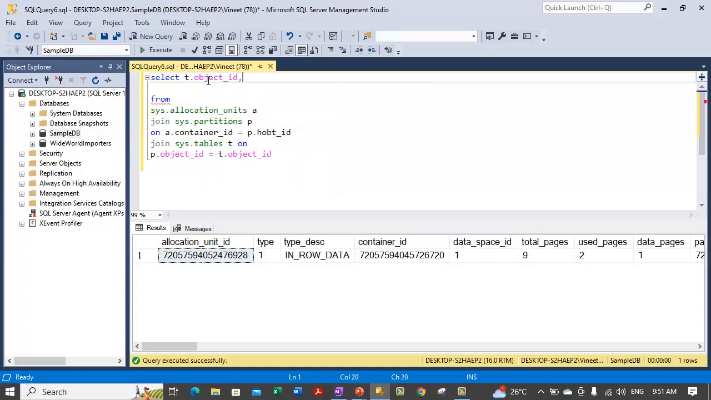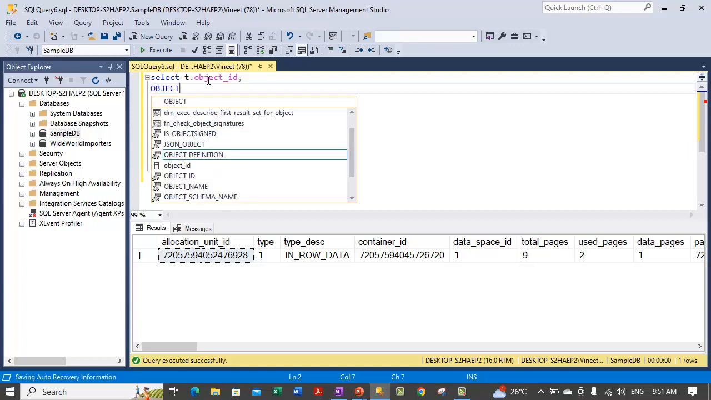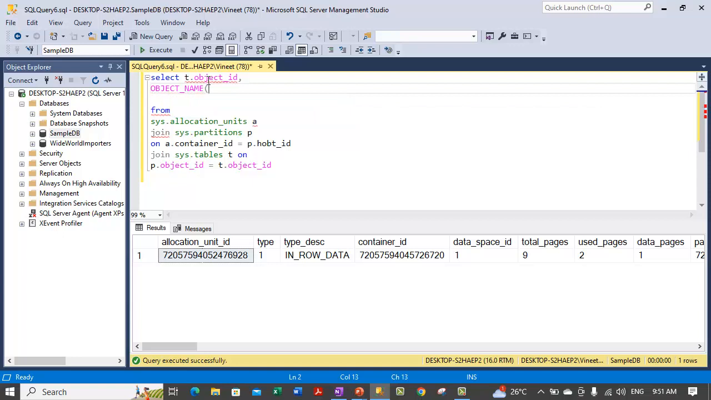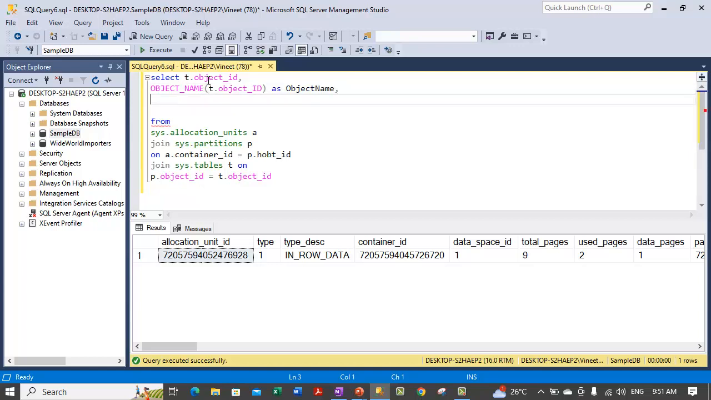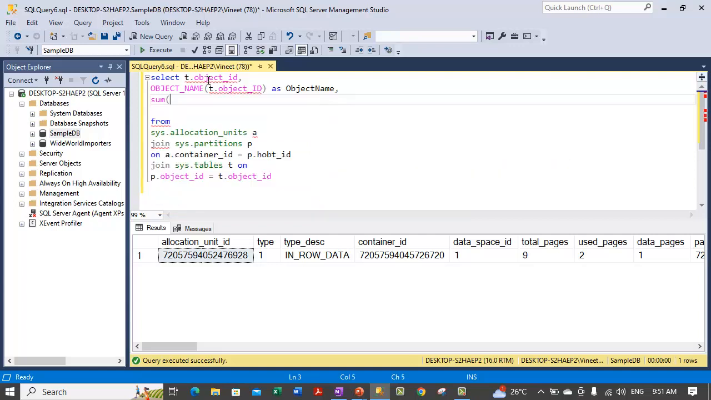We're taking this as the first column. Then we are using the OBJECT_NAME function, and we are passing in the t.object_id to get the name of that particular object. We are taking it as object name. Then we are doing some maths here, and we are taking the sum of